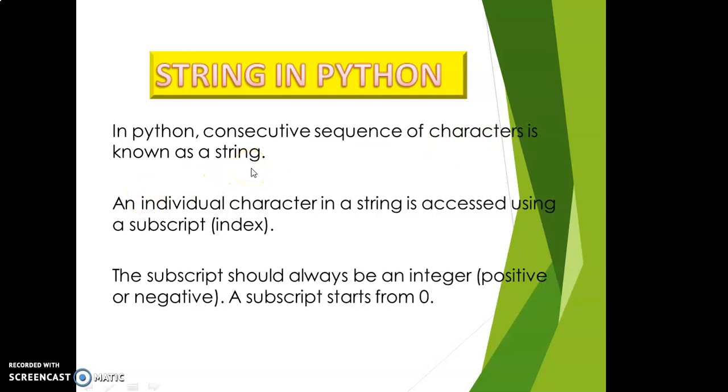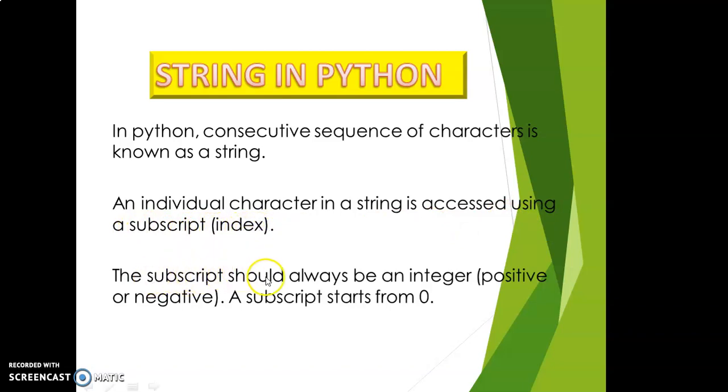Any string which we are assigning, any line, has a number of characters, and they are numbered starting with the zeroth position. An individual character in a string is accessed using a subscript index.